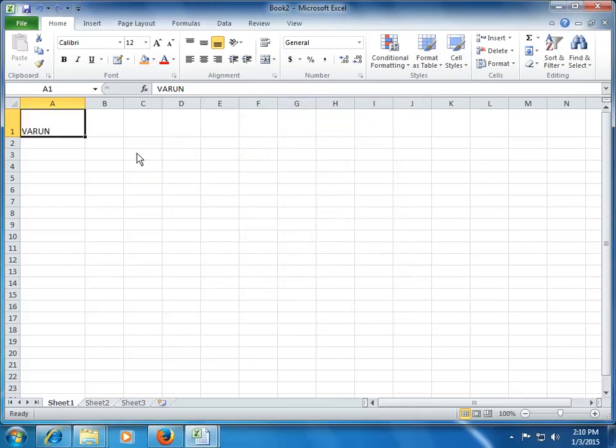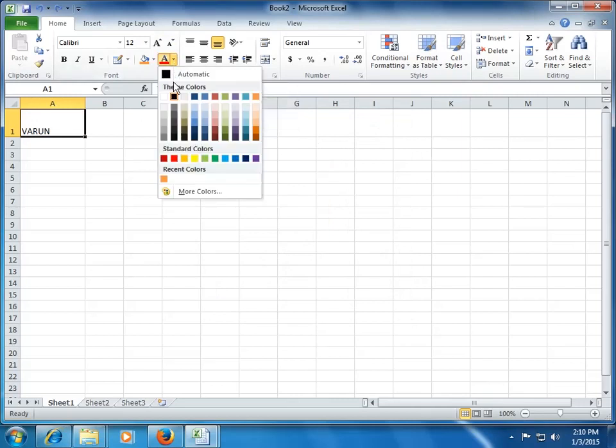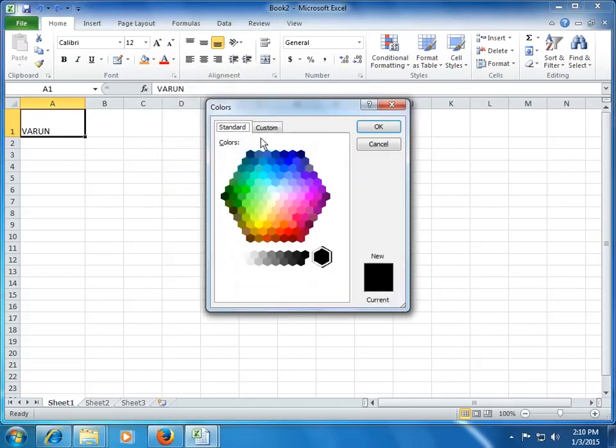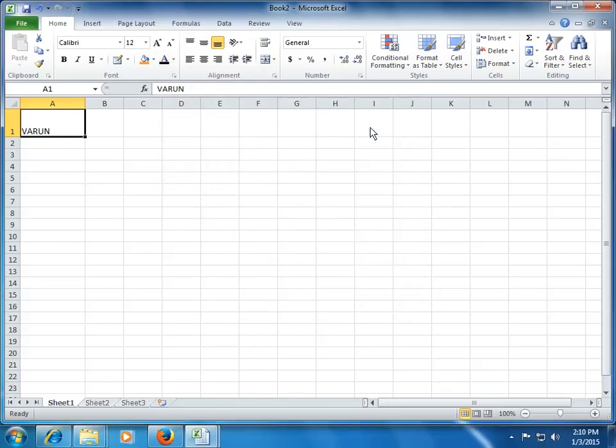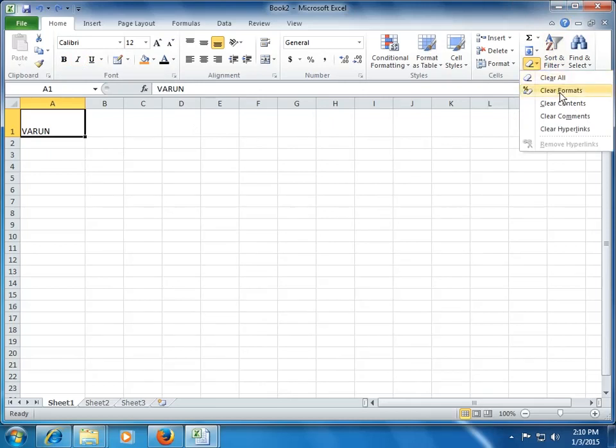Now similarly I can also change the color of the font, right? By default, as I said, Excel takes a black font. I can choose the color of the font as blue, black, yellow, red, green, anything I want, and I can also choose a custom color from more colors, right? The best part about this entire formatting is that I can see the live preview on my screen as I'm moving my cursor, right? If you want to remove all the formatting which you have done, just go to this clear font and it will remove all the font styles which you have chosen.